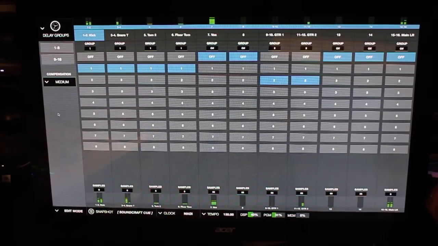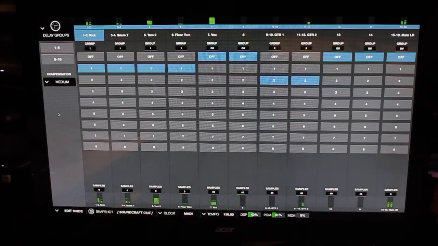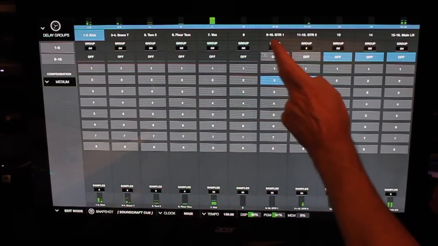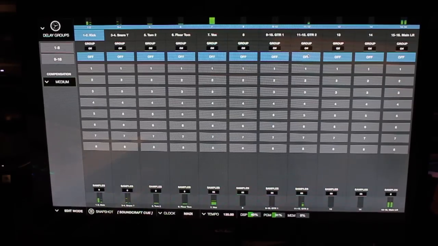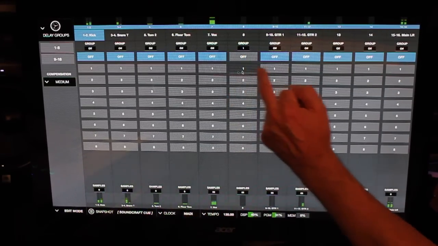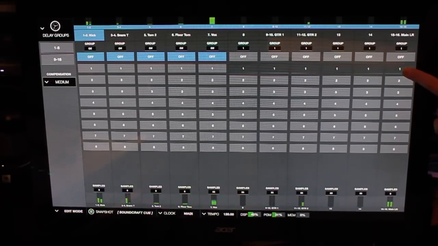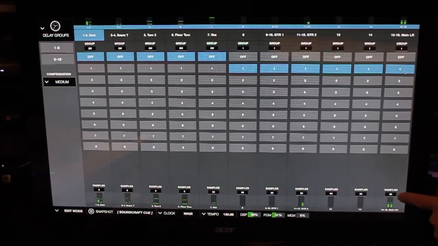between short, medium and long, and then it allows us to group channels together. And what happens when I group channels together, if I just go up here and turn them off, is at the bottom you can see the number of samples that various channels are taking, and when I put them in a group, let's go all the way across to this one that's taking 0, you'll see that they all now have the